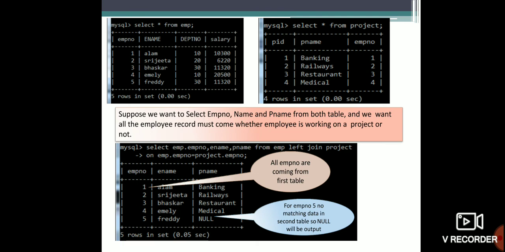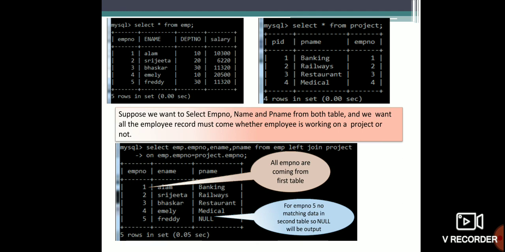Comma e name comma p name. These three columns I have to display, and we take them from employee left join project on employee dot employee number equal to project dot employee number.